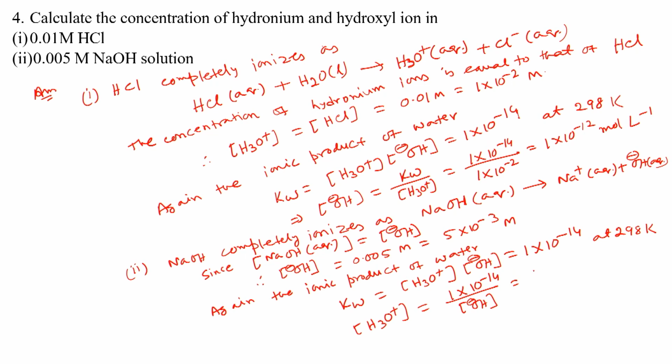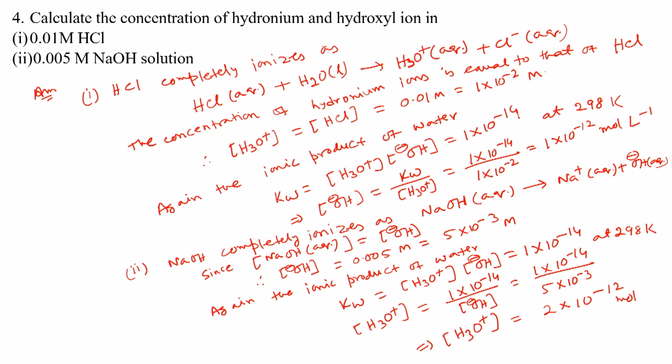So, we get 1 times 10 to the minus 14 by 5 times 10 to the minus 3. So, we get concentration of H3O plus is 2 times 10 to the minus